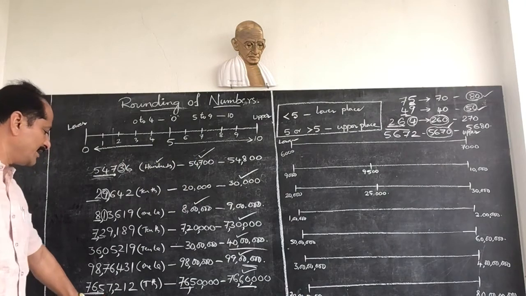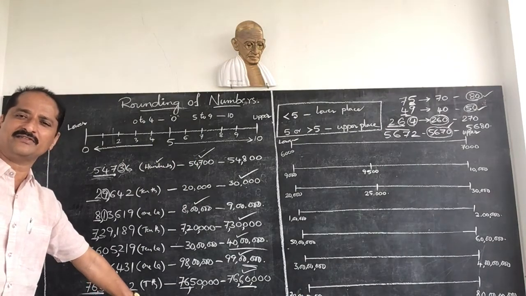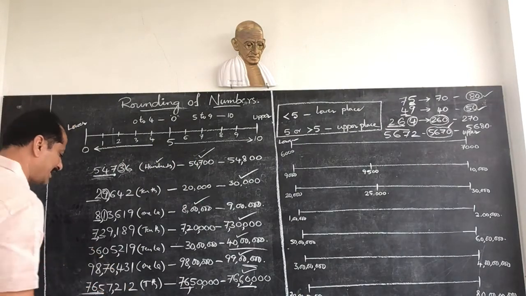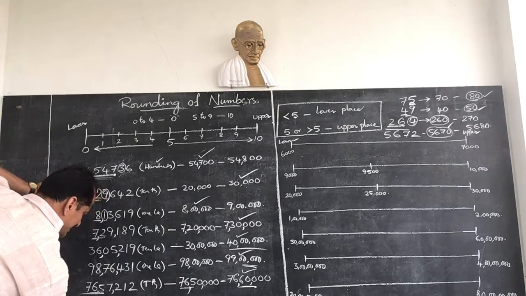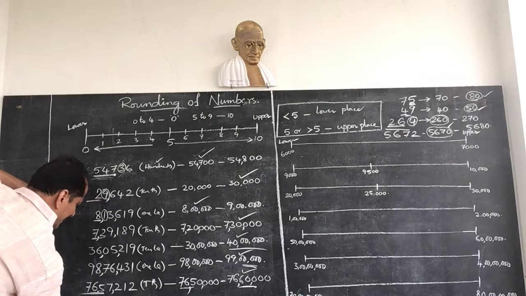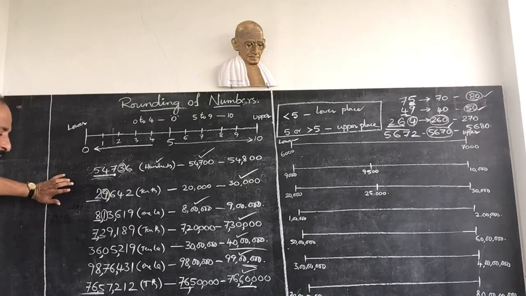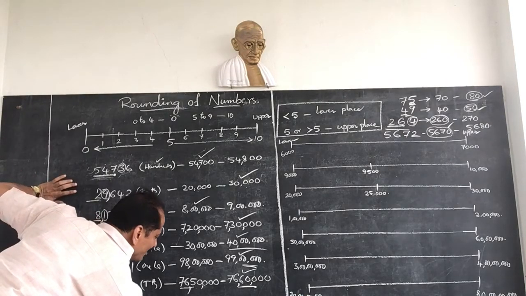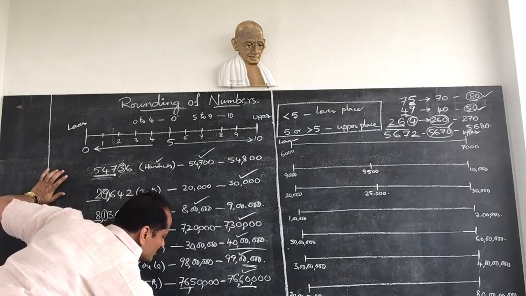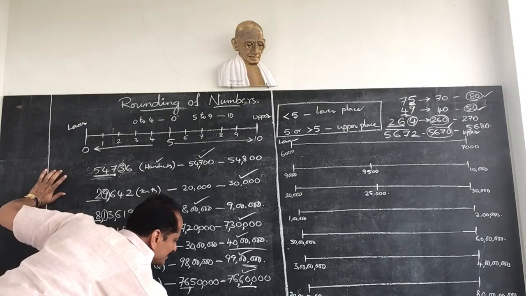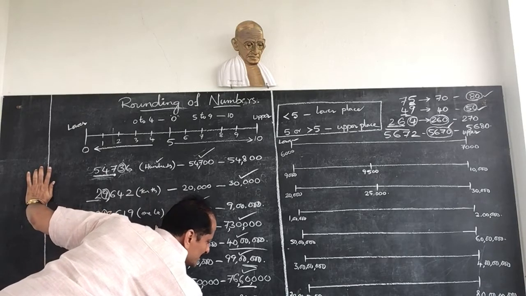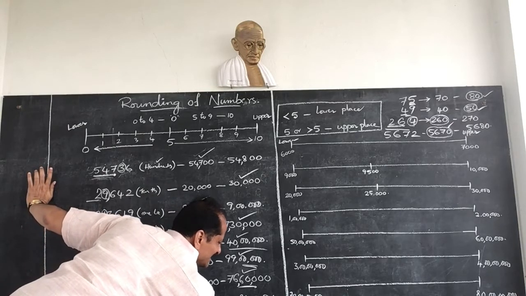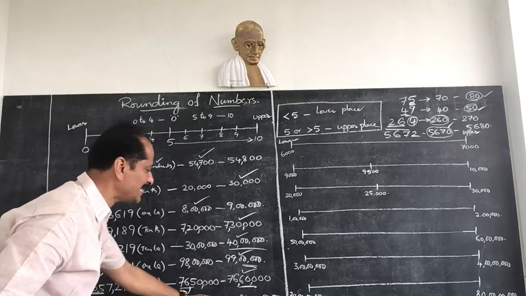Next coming to this one. 1 crore he is asking. Round up this number to the 1 crore. How many 1 crores are there? You check. Ones, thousands, lakhs, crores. 83 crores. That means this number is in between 83 crores and 84 crores. Crores, lakhs, thousands, units. So 83 crores and 84 crores.